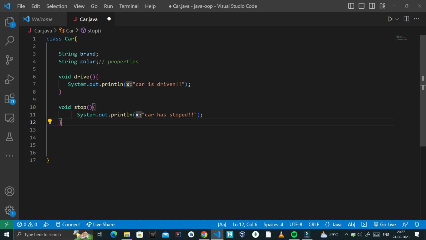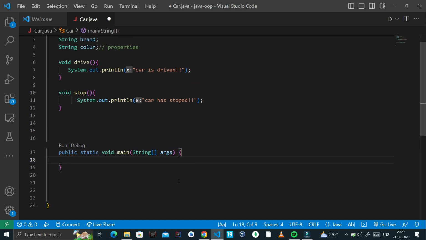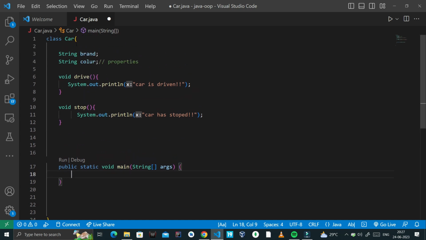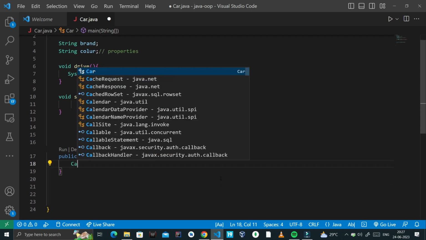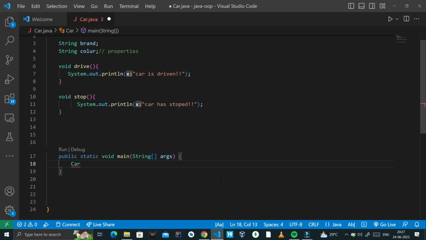Okay, so this is the class template by which we can create the objects. So let's try to understand how to create the objects. To do that, I have to create a main function in Java, and inside the main function I'll be creating the objects for the class Car. Okay, to create an object we have to use the class name, here in our case is the Car, and the variable name, or the object name. I'll just take Civic,